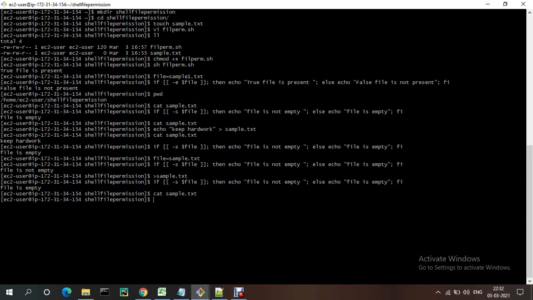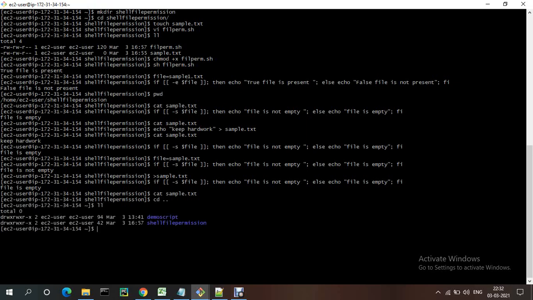Okay. Hyphen e is used to check whether the file is there in the current directory or not. Suppose we have a shell script, and we need to check whether the file is there or not in the current directory or a subdirectory. Let me check how many directories are there. Now here there is a demo directory, so I wanted to check whether the sample file is there in that directory.